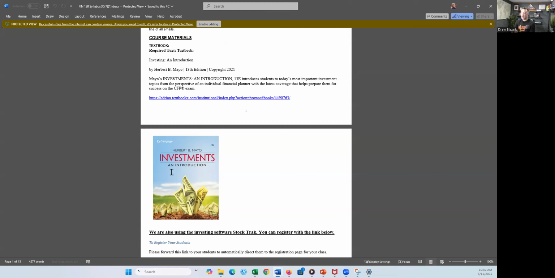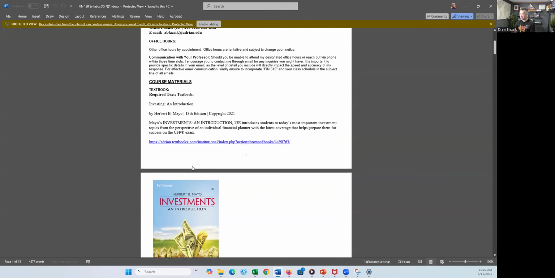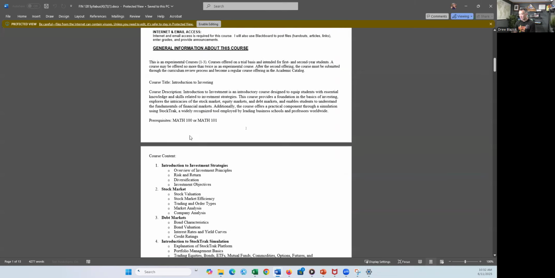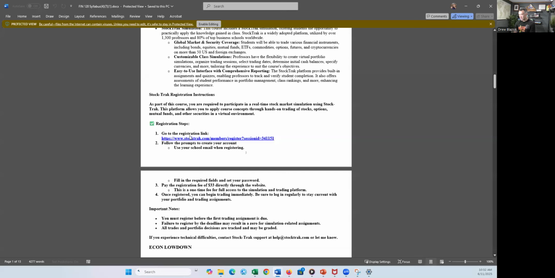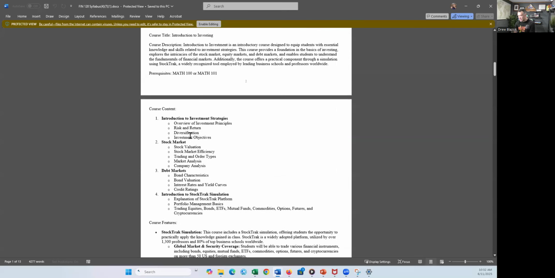Now, the textbook I have, part of the grade is multiple choice questions going over the basics of each chapter. I give you unlimited attempts. So if you want to go through that a bunch of times and you feel that you can study just through the PowerPoints, that's up to you. But this is the textbook I'll be following. Let's go down a bit. Number two is